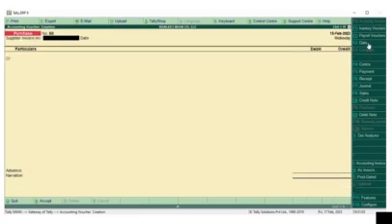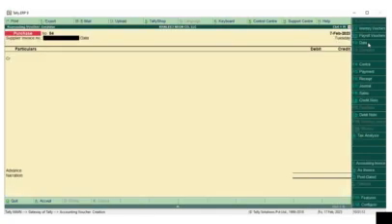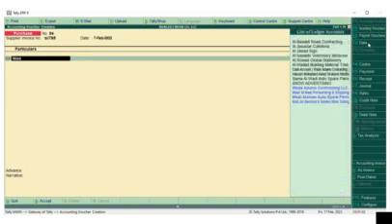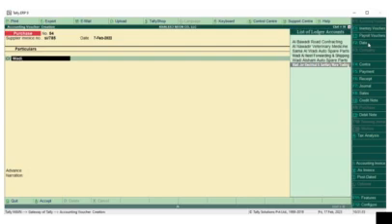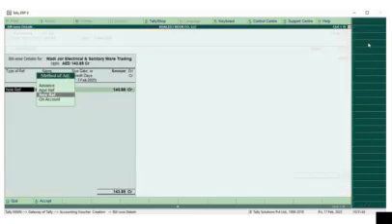So the bill date is 7/2/23. Now I am entering a bill of a material purchase. So I'm entering the data. Invoice number SI is 785, and I have purchased from Wadi Jor Electrical, and the net amount is 143.85. We will enter it as a new reference,